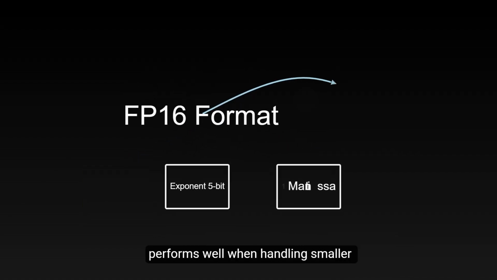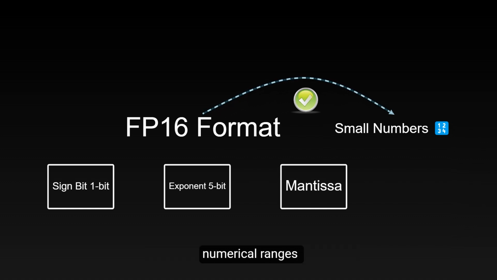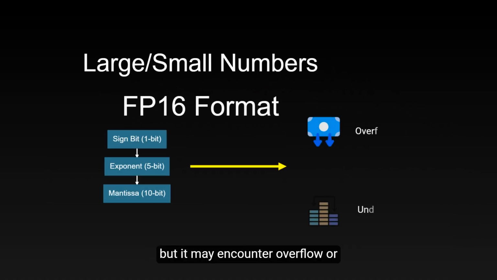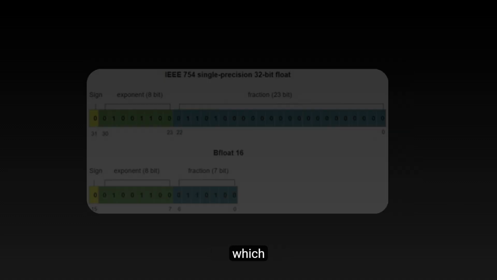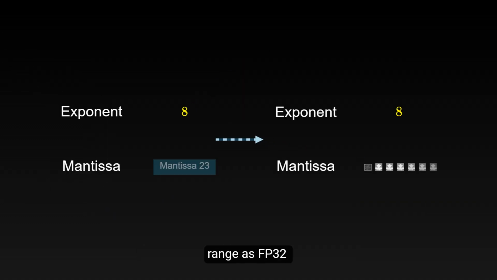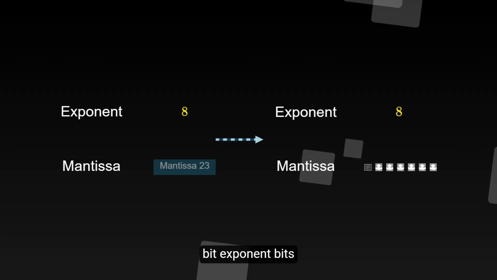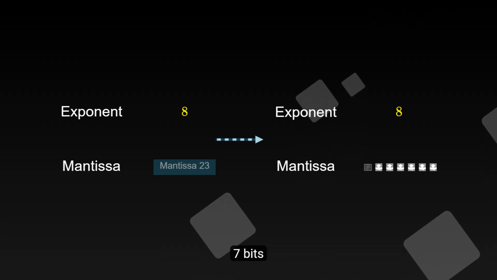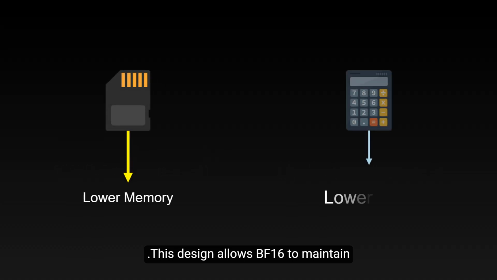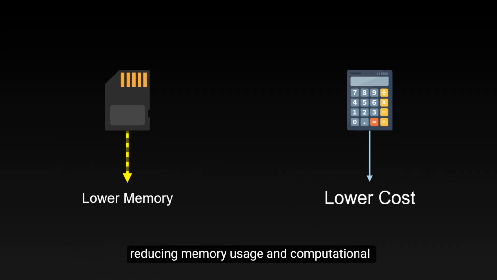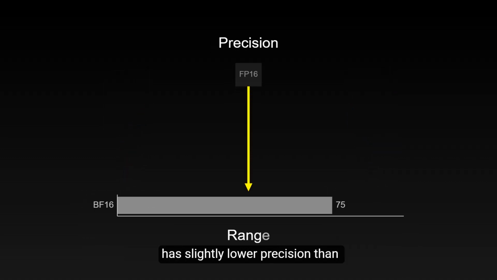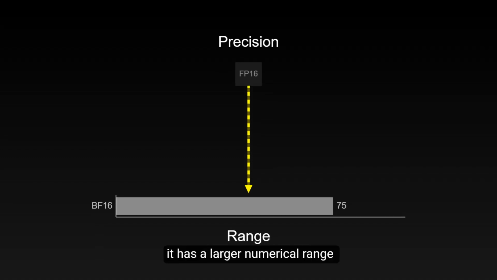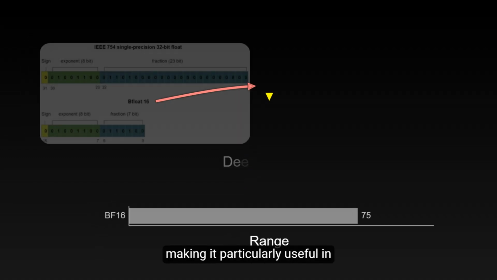This format performs well when handling smaller numerical ranges, but it may encounter overflow or underflow issues when dealing with larger or smaller numbers. BF16 is a newer 16-bit floating point format, which retains the same exponent range as FP32, 8 exponent bits, but reduces the mantissa bits to 7 bits. This design allows BF16 to maintain a larger numerical range while reducing memory usage and computational overhead. Although BF16 has slightly lower precision than FP16, it has a larger numerical range, making it particularly useful in deep